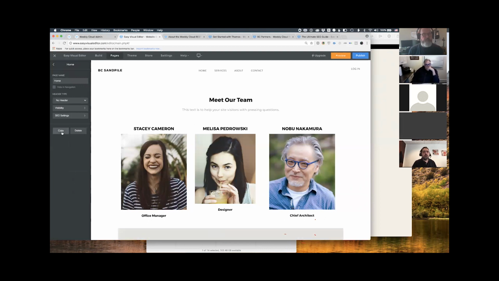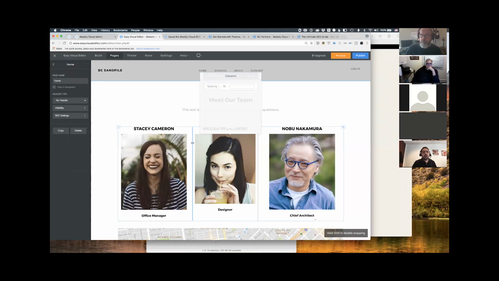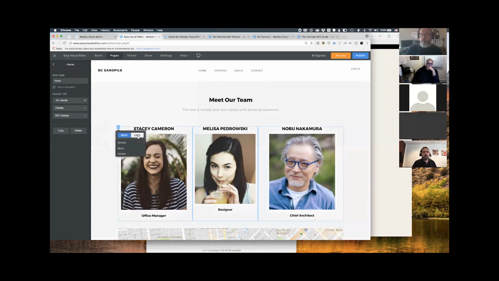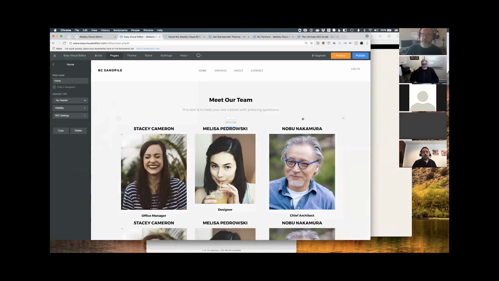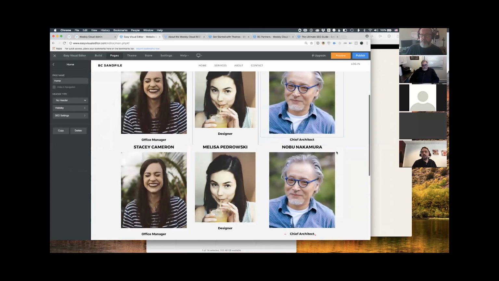You can also copy a page. The other thing you can do is on any individual element, you can click on this little arrow. You can copy it or move it. But if you have a group of elements like we have here, you can select the group by clicking on one of the column dividers, and then click on this little arrow for the whole group, and you can copy the whole group. So now I get a copy of my Meet the Team right underneath it. And that's a nice way to duplicate something that you've designed, a specific layout for a client. You can just duplicate it and use it again,